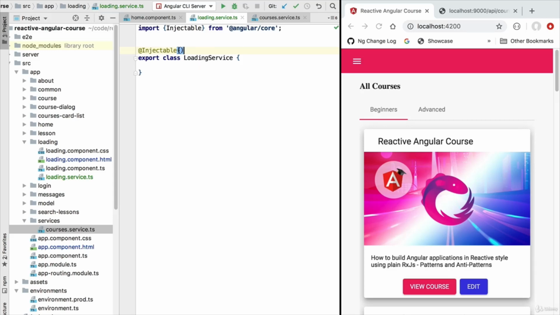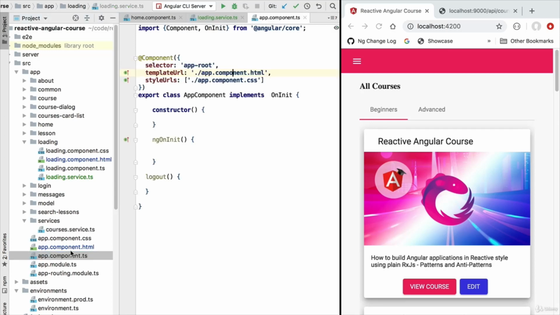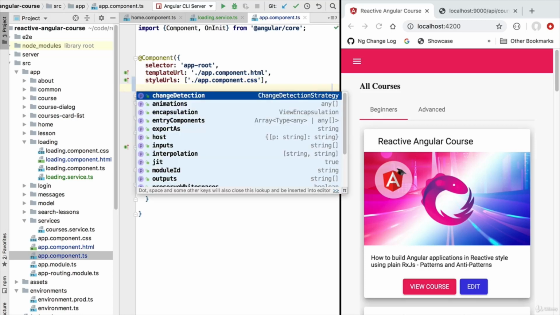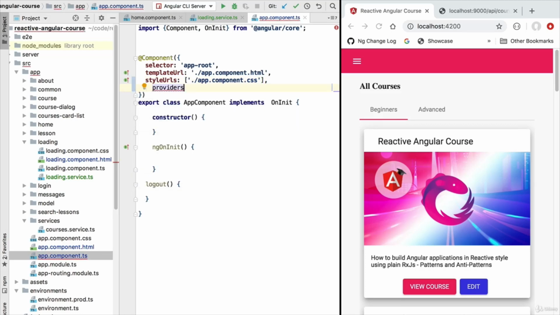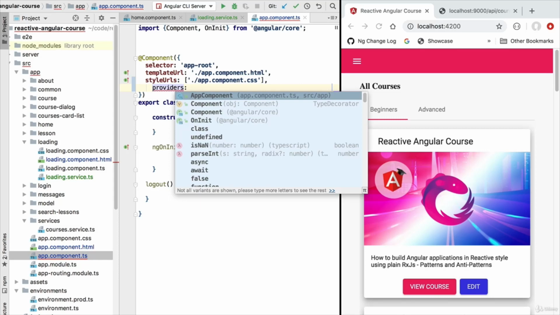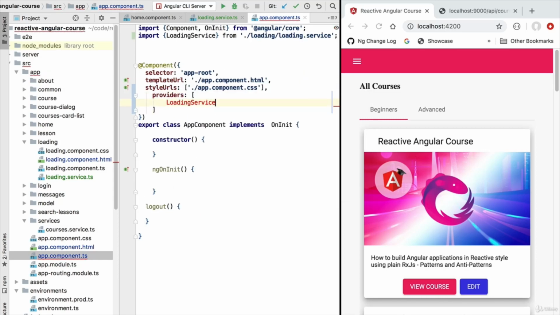Because we have not defined here the provided in property in our injectable decorator, we now need to define where this service is going to be available in our dependency injection tree. So going back here to our application component, we're going to be adding here on the providers of this component an instance of the loading service. This means that this instance of the loading service is going to be visible only to the application component and